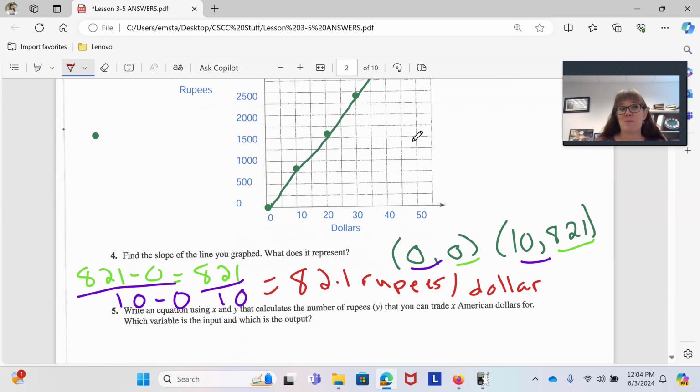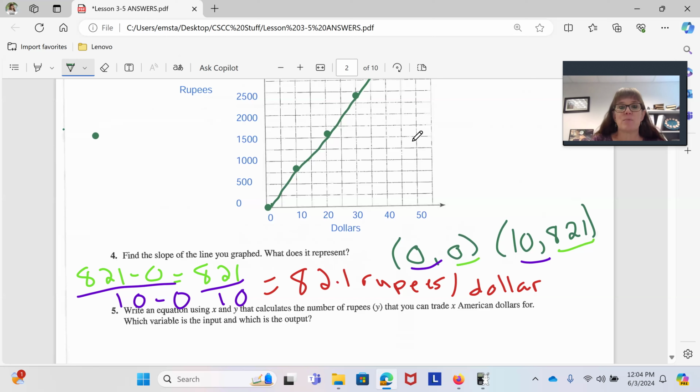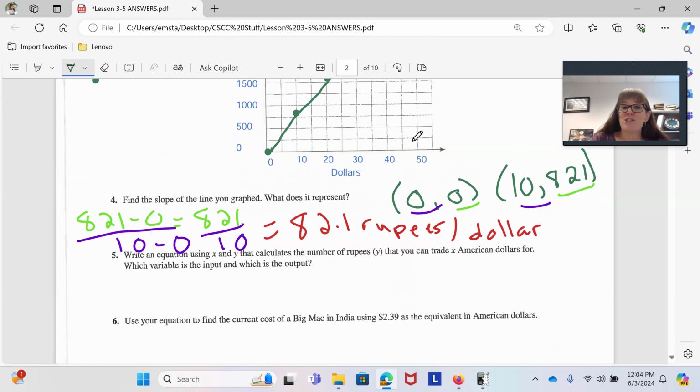And that is something I love about this course, is that we are finding the meaning of numbers now. It's not just enough to say, hey, I got the number. We want to find out what they mean. So we want to write an equation now. I want to use x and y. Y is the number of rupees that we can trade x dollars for. So we're going to write y equals,